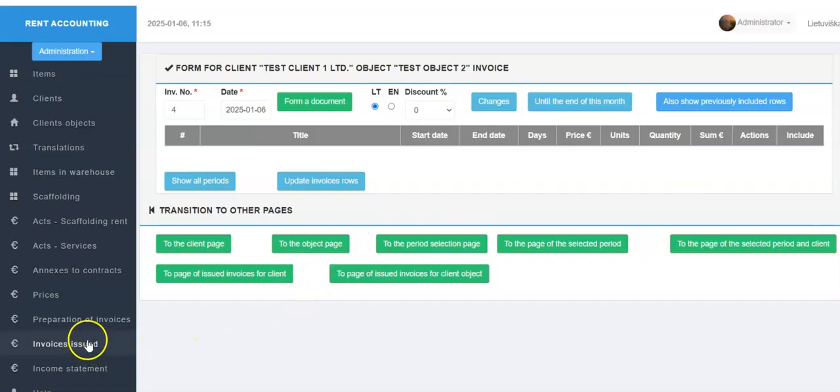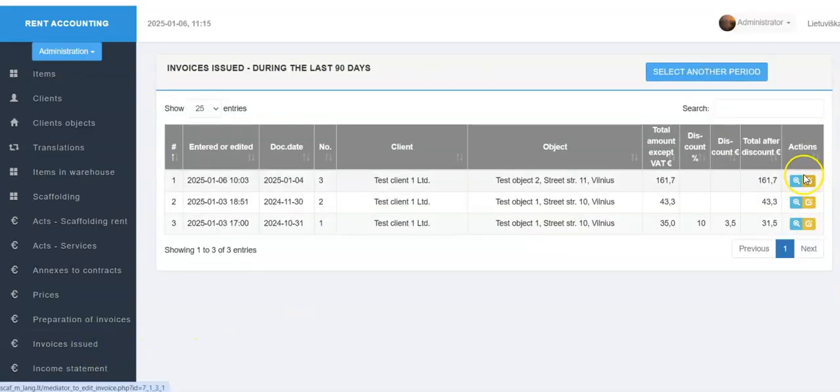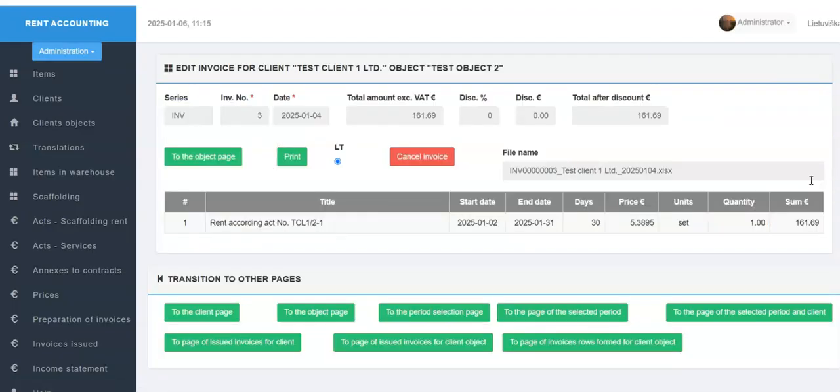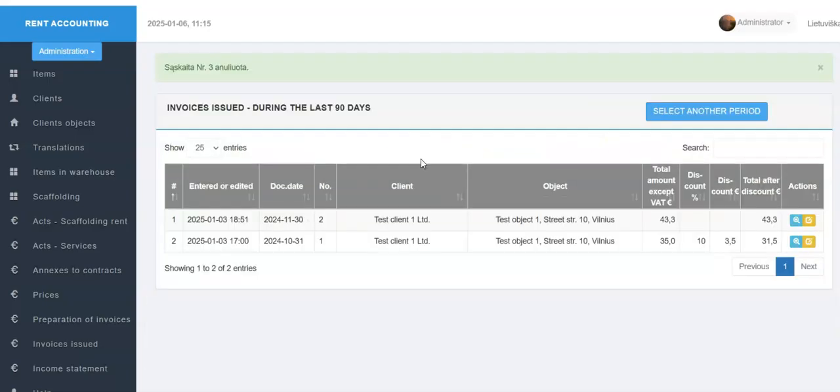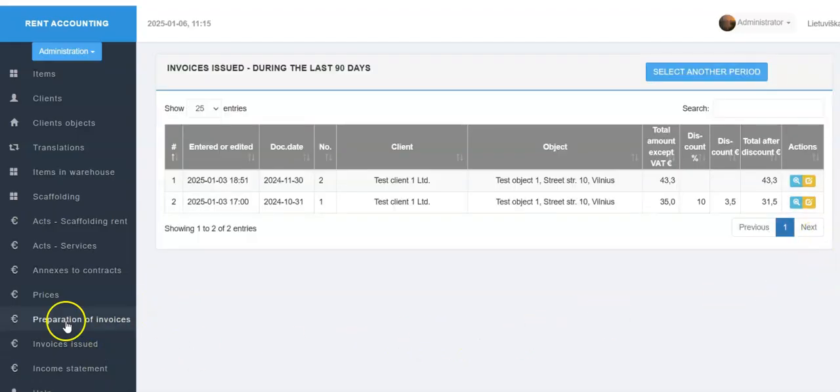We enter the editing page for the selected invoice again and click on the Cancel Invoice button. After canceling the invoice, we enter the invoice creation page